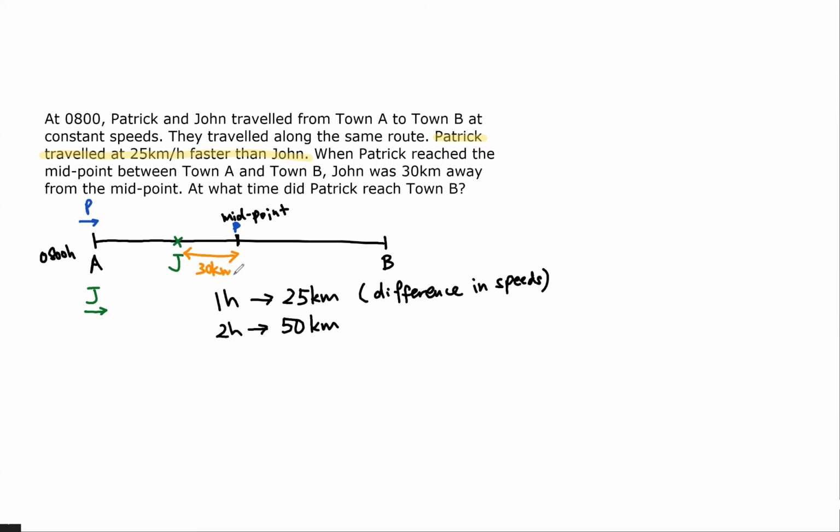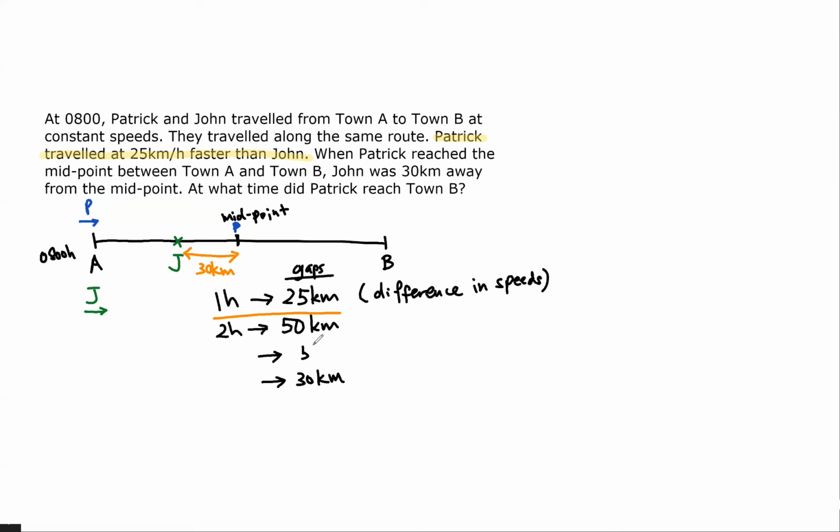Now the question you should ask yourself is, how did their gap become 30 kilometers? So earlier we mentioned that 1 hour would give them a 25 kilometers gap, which means if I try to get the time taken to get a 30 kilometers gap, all of these are the gaps in their distances,